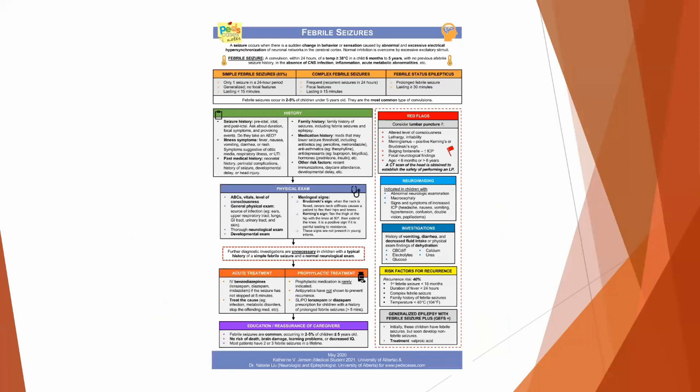Okay, so this is our very nice protocol that we have in our ED, and it's also in our ED protocol, the big black book that we always have there on the desk. It basically summarizes everything. So if you're in the ED, have a look at it, take a picture on your phone to have it with you. It's a really good one.